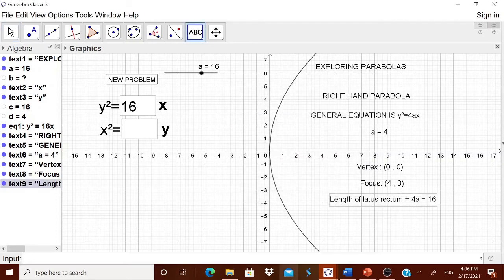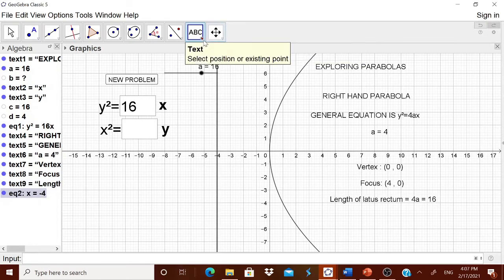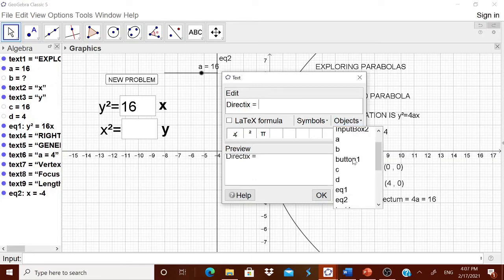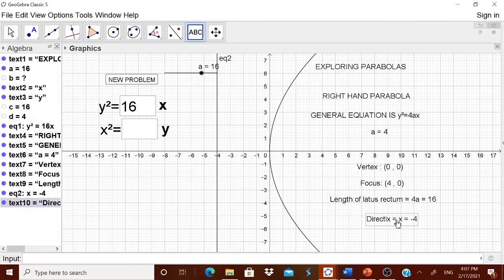Length of latus rectum is equal to 16. If you want the directrix also, you can write x is equal to minus d. Suppose if the child wants to check the directrix, I think this should be equation number 2. Oh, got it.